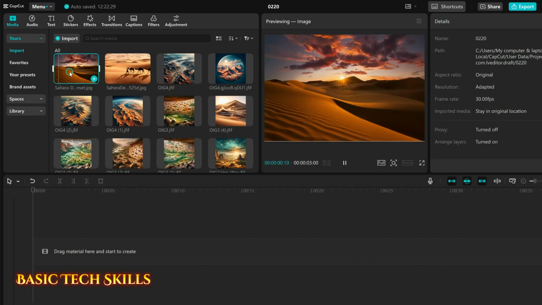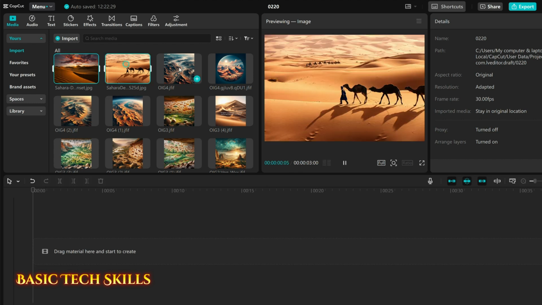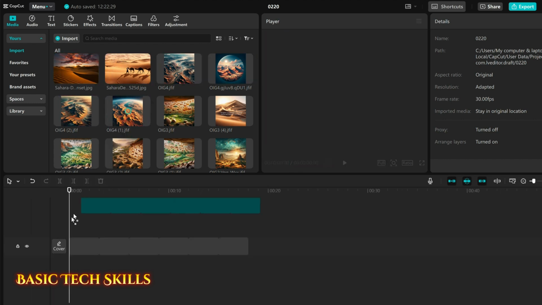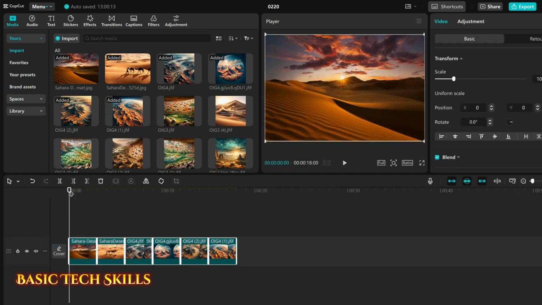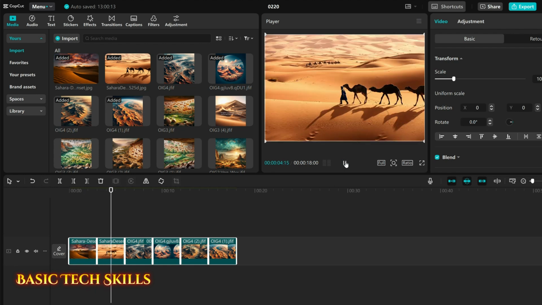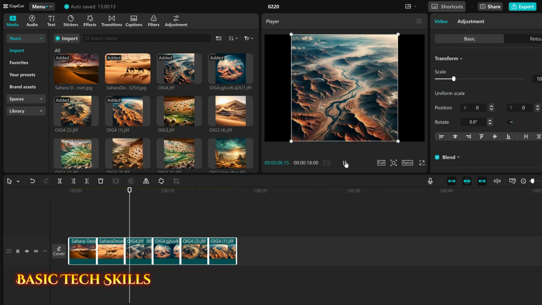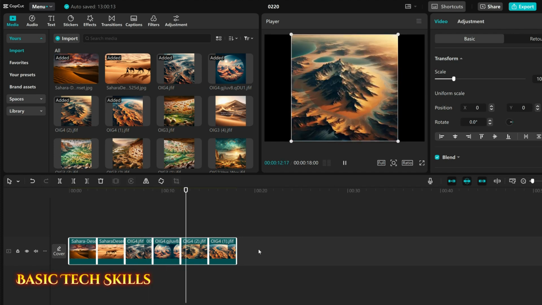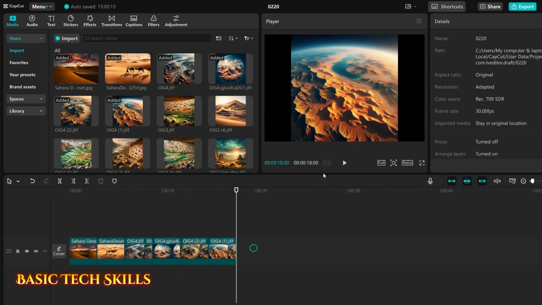So I'm selecting a few photos. I have selected these 5 photos and put them on the timeline, and when you play it you will see that the timeline duration is 3 seconds. So every 3 seconds the photo will be automatically changed. So if you want to change all photos' timeline duration to 5 seconds, so what you have to do is